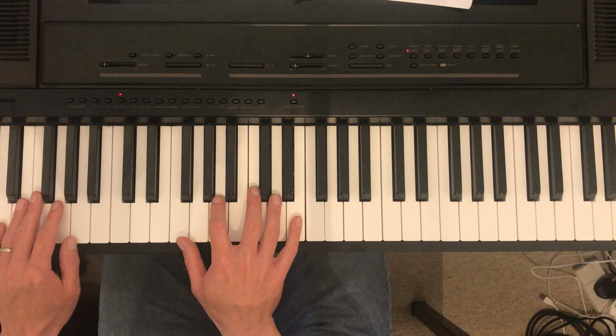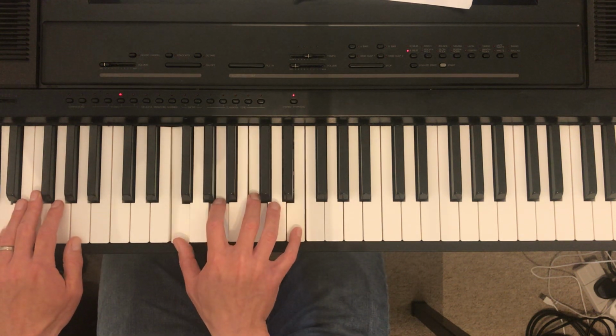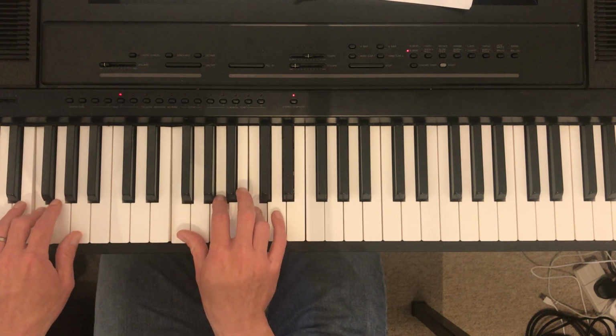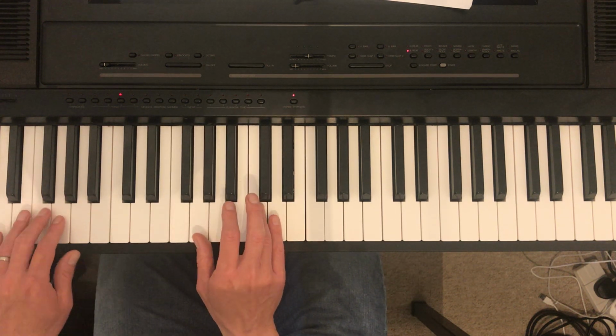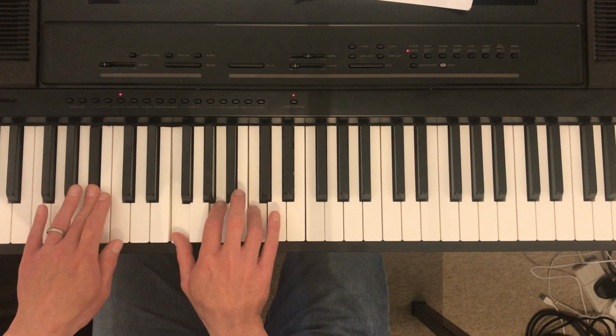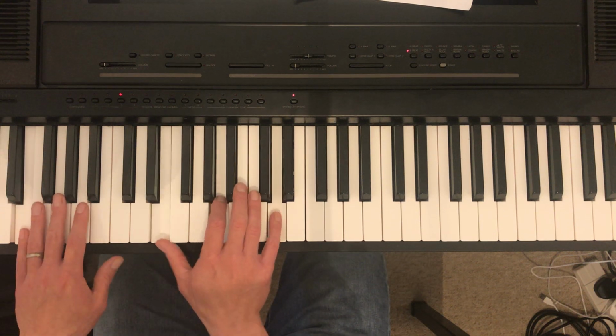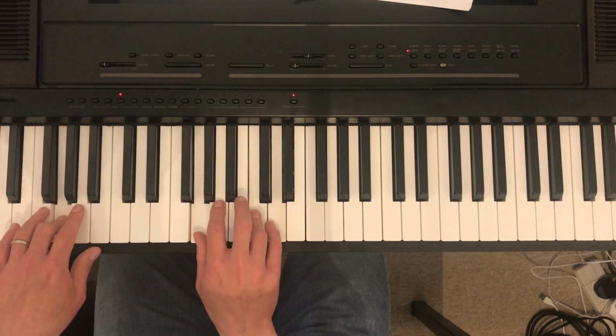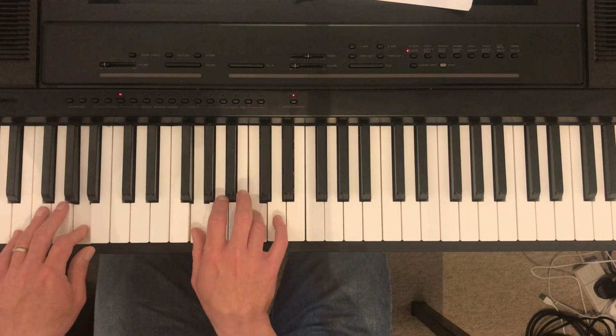So in that first bar, you get this: 1 E and a 2 E and a 3 E and a, 1 E and a 2 E and a 3 E and a 4 E and a 5 E and a, 1 E and a 2 E and a 3 E and a, 1 E and 2 E and a 3 E and a 4 E and a 5 E and a...